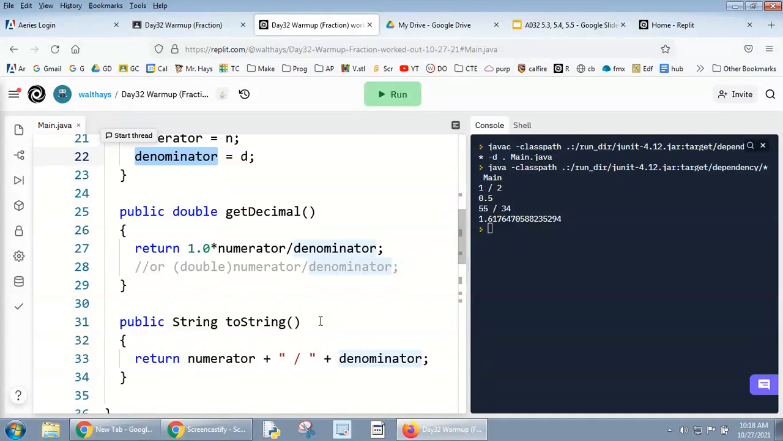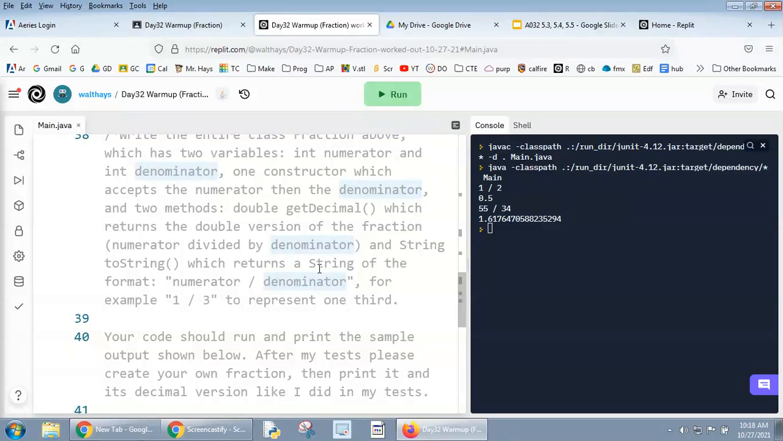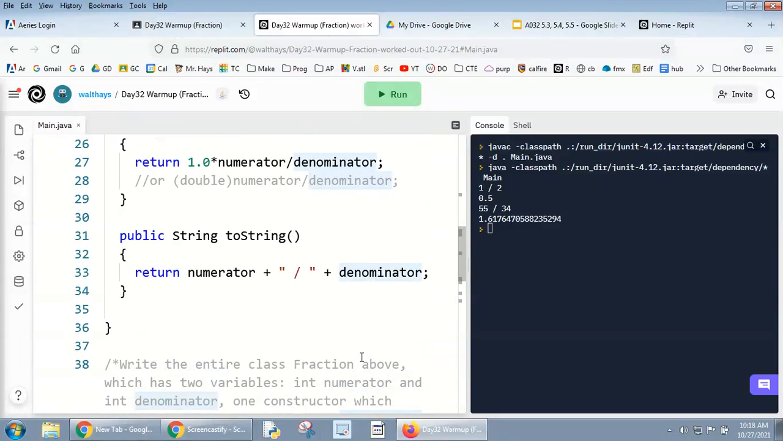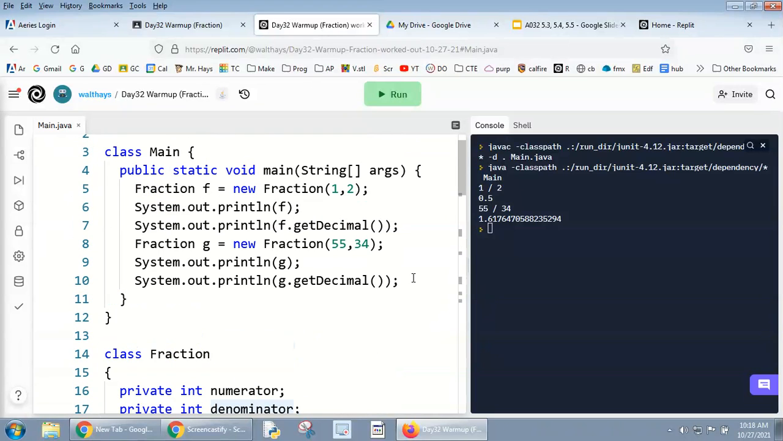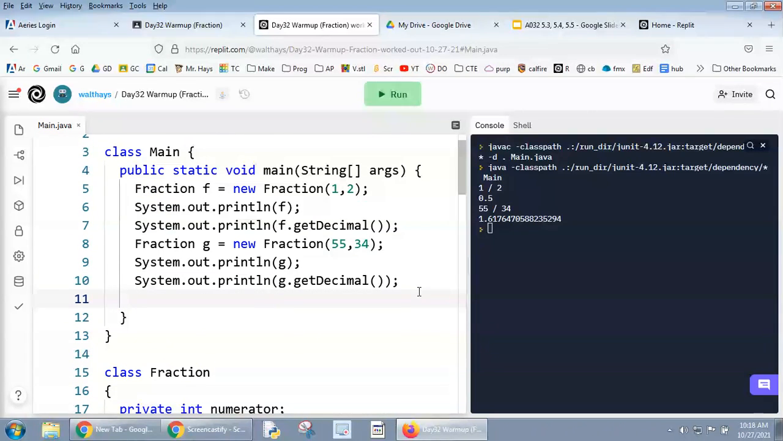So, finally, I asked you to make your own fraction. After my test, please don't just cannibalize my test. After my test, please create your own fraction, then print it and its decimal version like I did. So that means up here, fraction